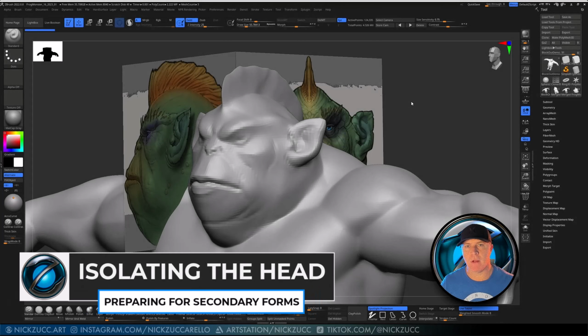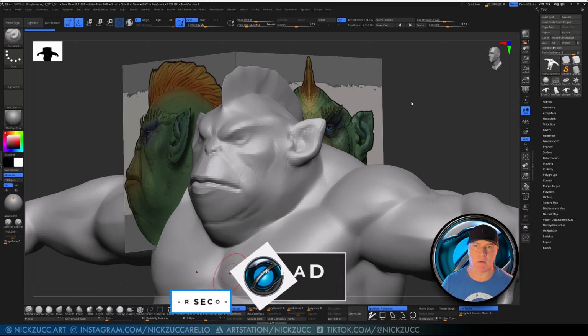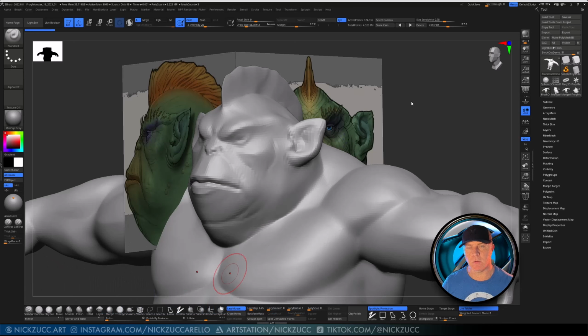Okay, now that we have everything roughed out and we have everything set up for the concepts for our head and we're ready to start moving into the secondary stage, the last thing I wanted to show you for this section is how do we get the head in a position where we can get that separated from the body and get that in a good position for us to move around that freely and just work on the head